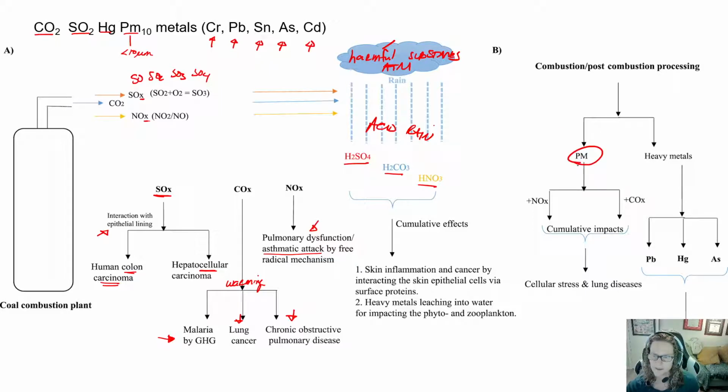So the particulate matter, it has a lot of stress on our cellular levels, and it can contribute to a lot of lung diseases. The heavy metals have a lot of things like lead poisoning, mercury poisoning, arsenic poisoning. They are all poison to our body systems, and so can eventually cause a lot of death and some really weird diseases like Minamata, and a lot of mental brain diseases, mental retardation, and things like that.